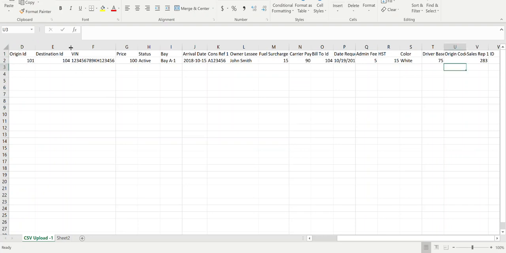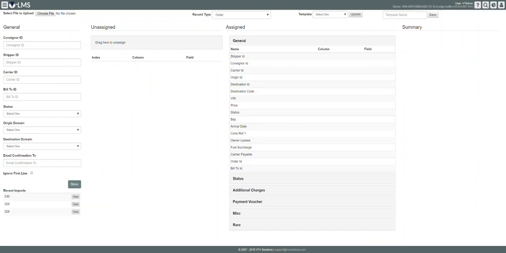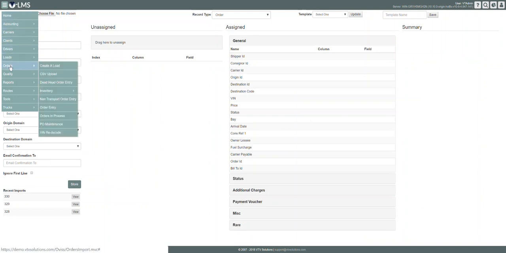This is origin, destination, VIN, and then I've added columns like carrier payable. So we have the basic price at $100. We've put a carrier payable at $90, a driver base pay of $75. Rarer things like color and tax and sales rep ID. So again, if we go to the home page and then go Orders, CSV Upload,